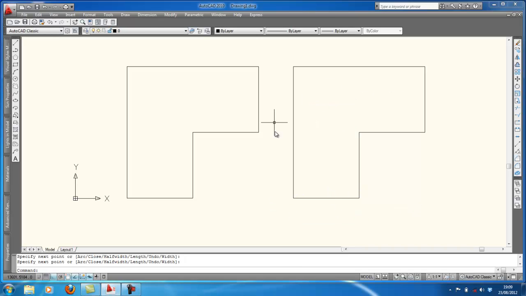Okay, I've got exactly the same result, haven't I? Not quite. If I click on this line, can you see the whole line is selected, and only on the change of directions do I have the grips. So this is one continuous line. Okay, I hit escape, and now I will show you the next command that we're going